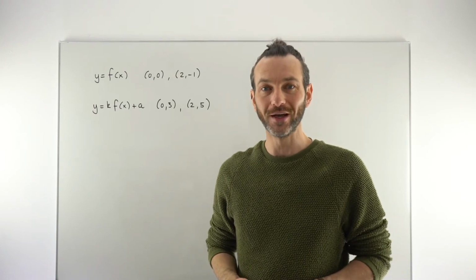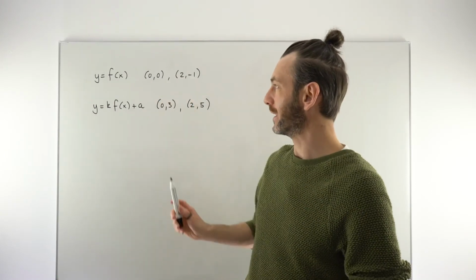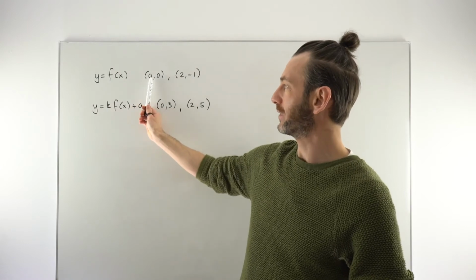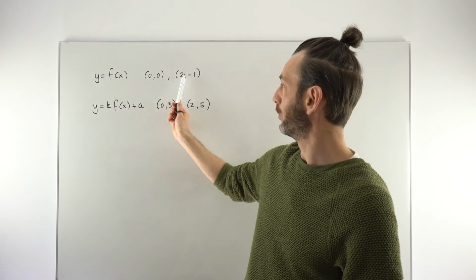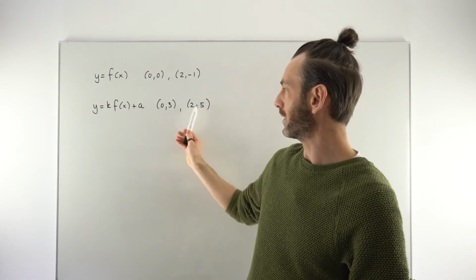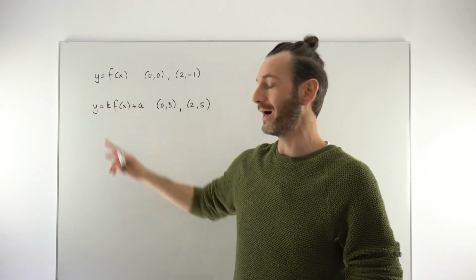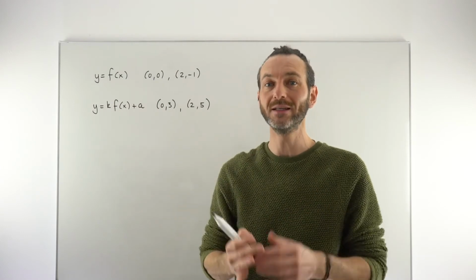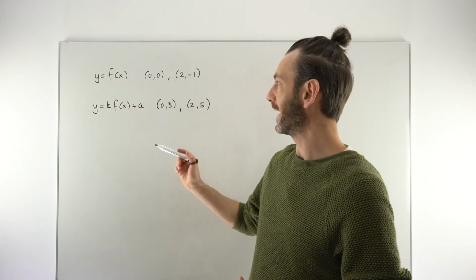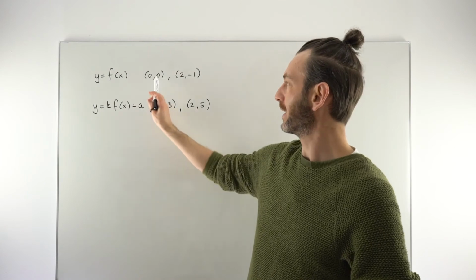So what we've got to do to answer these questions is examine the coordinates. On the original graph, the point 0, 0, the origin, has been given, and the point 2, -1, and we're going to compare these to the transformed points. The challenge with this question is both of these act in the same direction, so they play into each other. So for part A, to find the a value, I'm going to examine